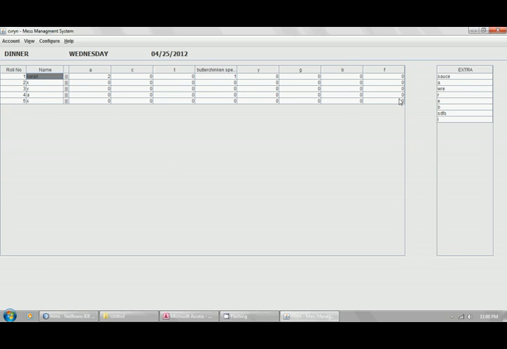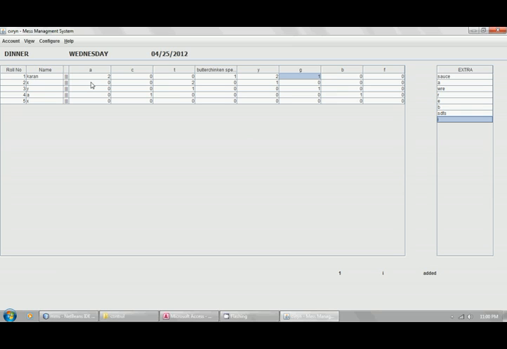Let's say if Karan takes more sauce, then we first select Karan and then click on sauce. Then 1 sauce is added, and this sauce will be added to roll number 1. Like this process, and if Karan also takes extra R, this. So now all the database has been created.